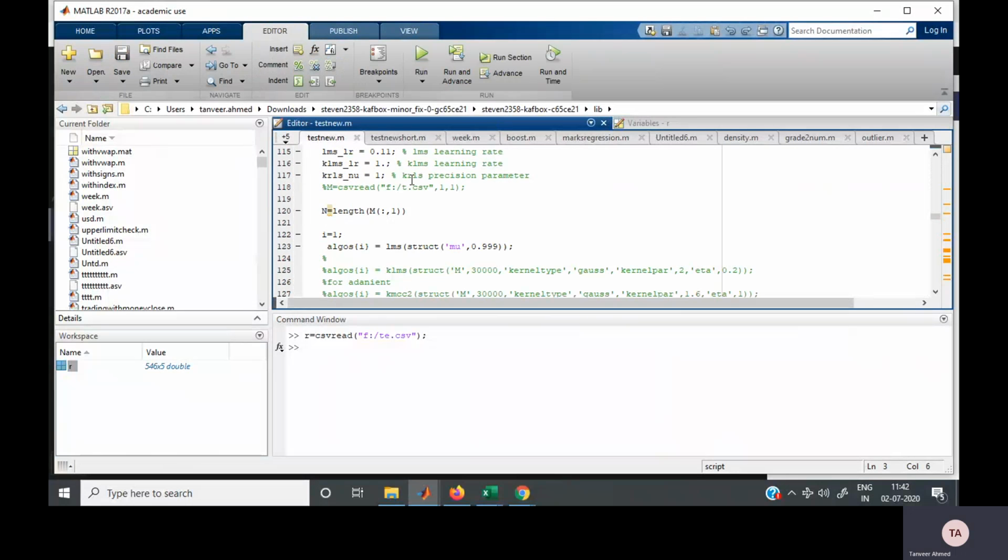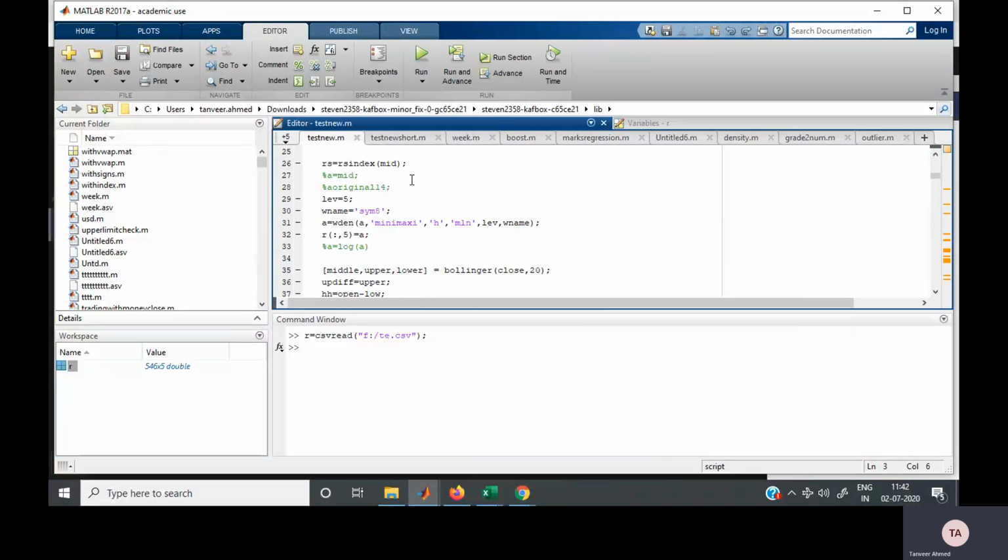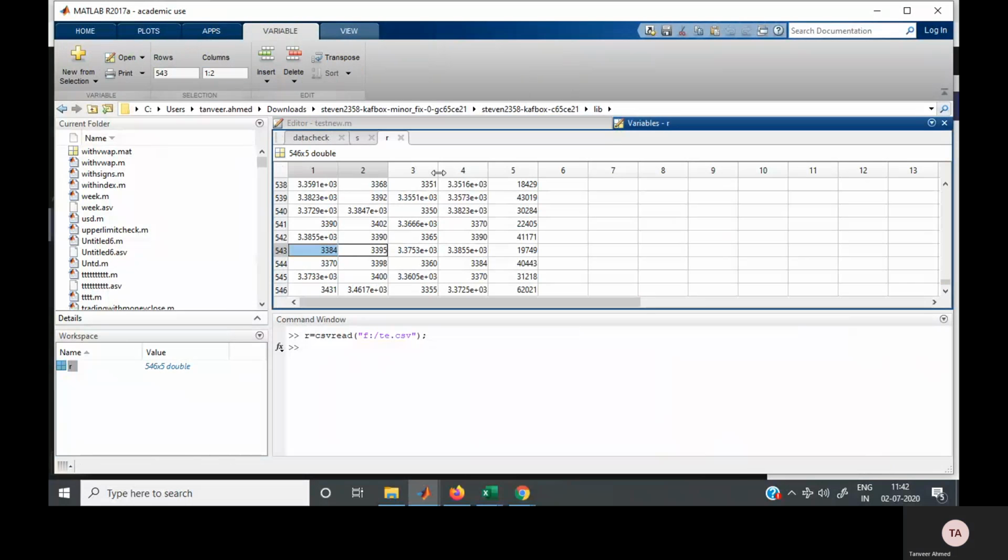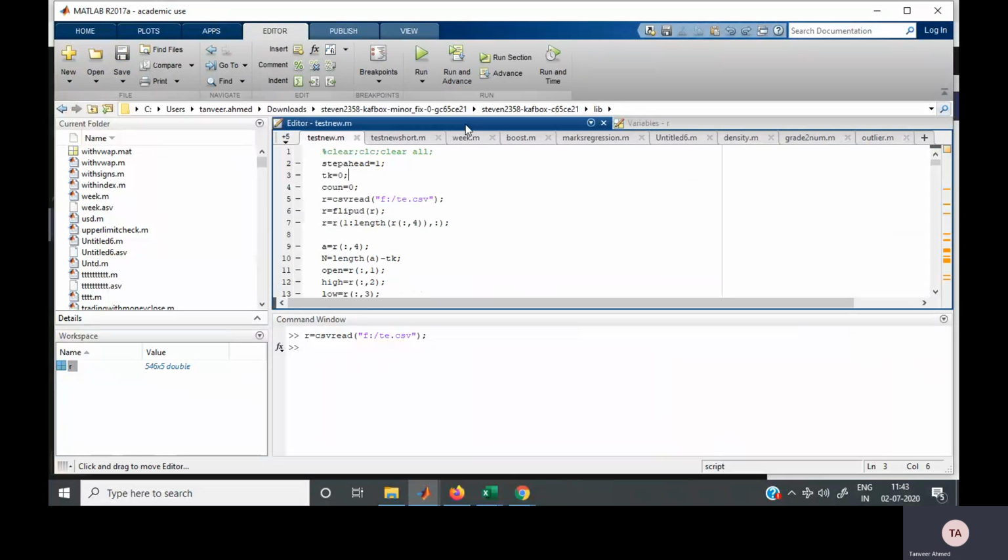So this is again the code that I've written. All these values, for example, I've got 3368, 3351, and 18429. So the scale here is different. So what I will be doing is changing the scale and bringing everything down to the level 0 and 1. And I will do that for every single column independently. That's called data normalization. So I will be doing data normalization for every column independently.